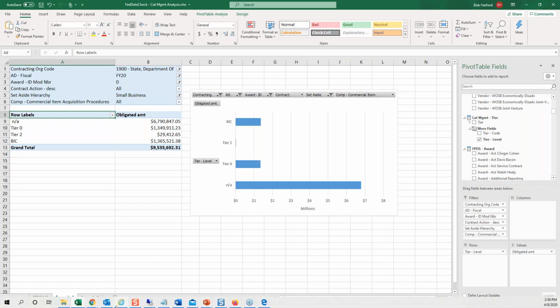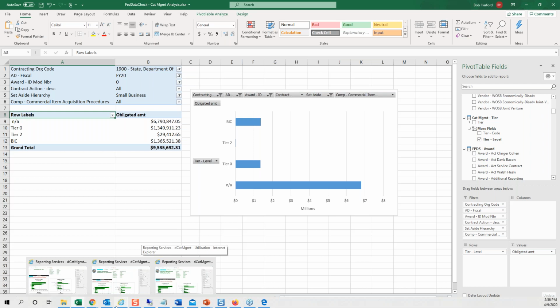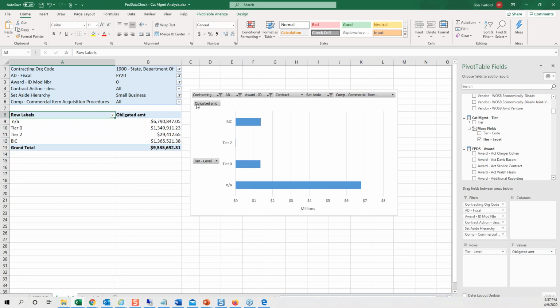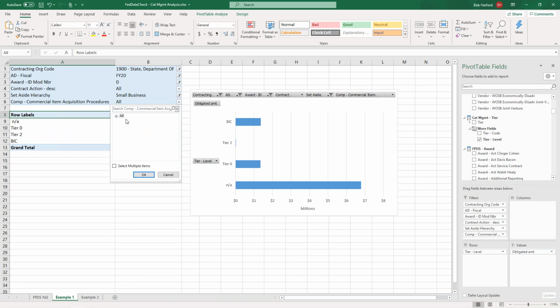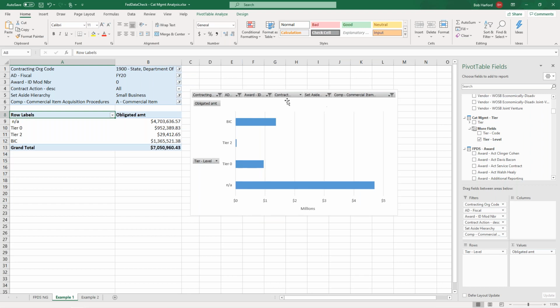So by linking FPDS and G and GSA acquisition gateway, you have more ability to slice the data how you want to. So I can look at small business and I can look at commercial acquisitions in small business and see what the spend looks like for that.